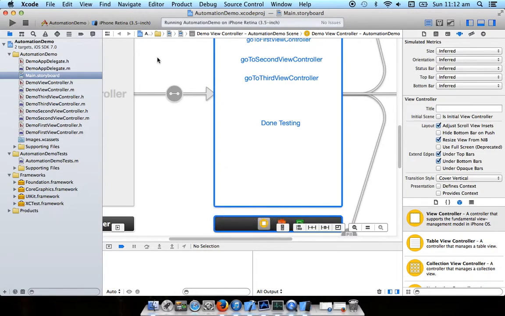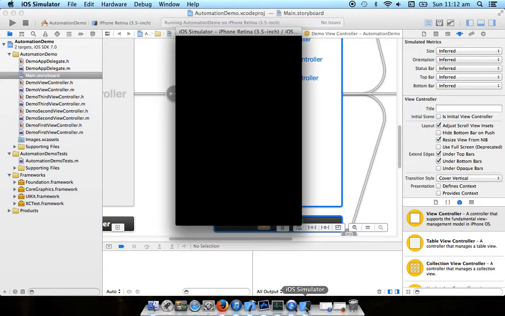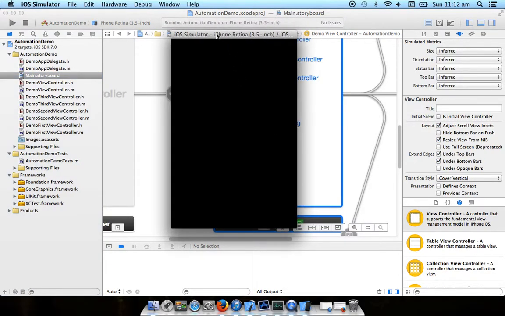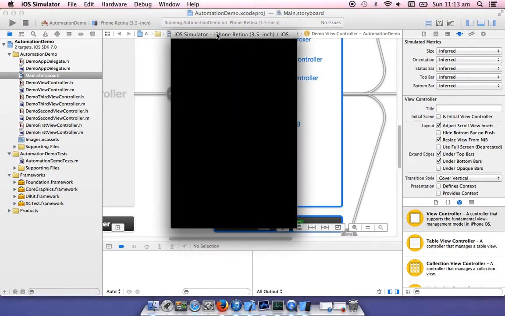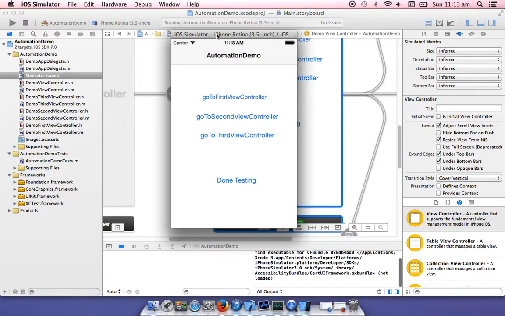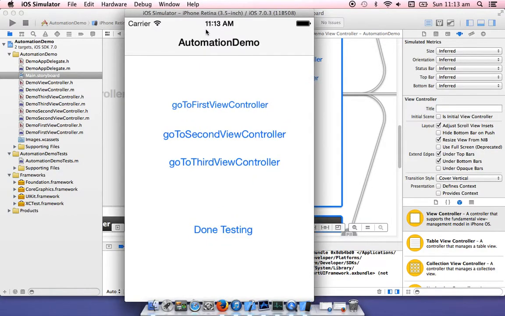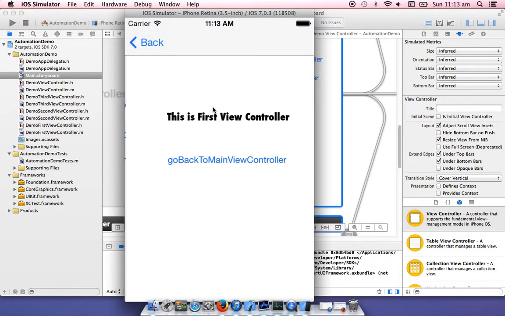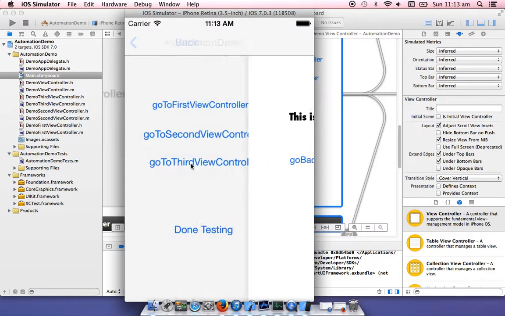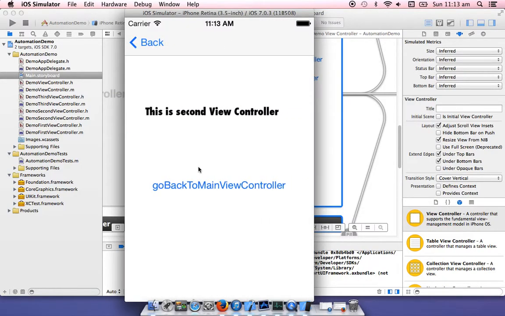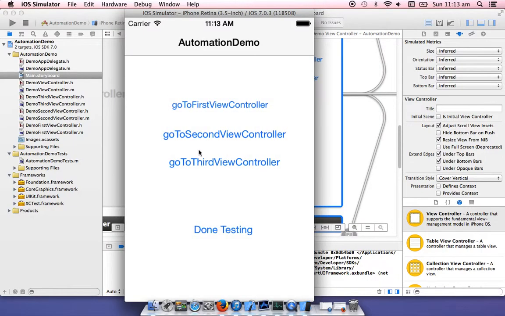First let's see, it's started I guess. We can do manual testing also and automated also, but I prefer automated as the best one. It will save time also. So let's see. Click on this, it will go to the first view controller. Click on back, it will go to the main again. Second view controller, it will come to second, go back, third view controller, and then after that done testing. Yeah, okay, so you saw that.